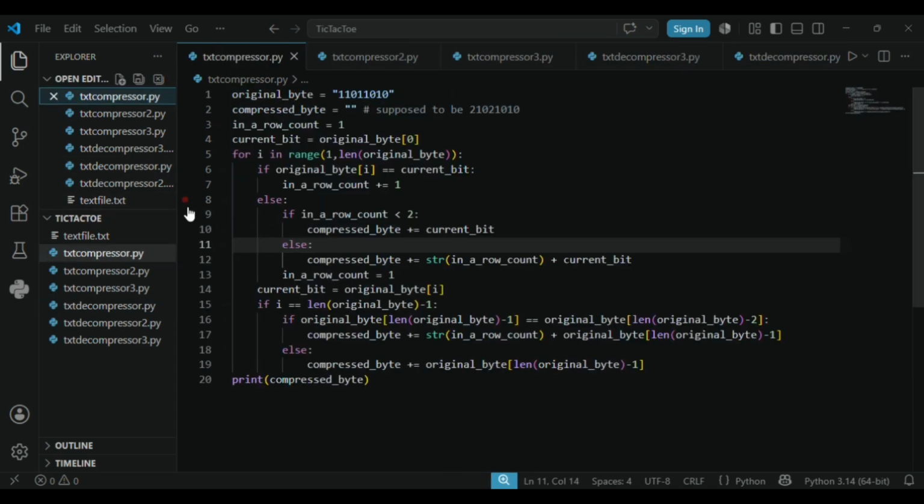Okay, let's start, guys. First of all, here's text compressor 1. I personally don't want to type this out again, so I'm just going to explain how this works. First of all, I did this incrementally. That's why there are 3 versions and not just one compressor and one decompressor. So basically, this first version